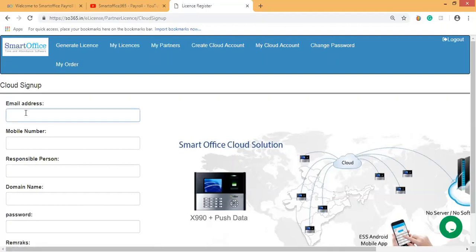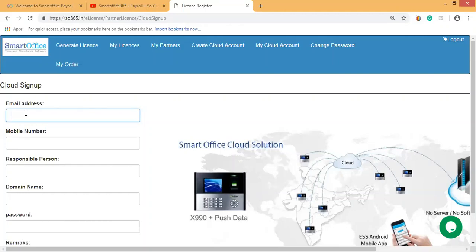So just write down the email address. You can give an email address of the client, or you can give an email address of your company only, but it should be a unique one, because you'll get the notifications and everything. From one email ID you can create one cloud account.